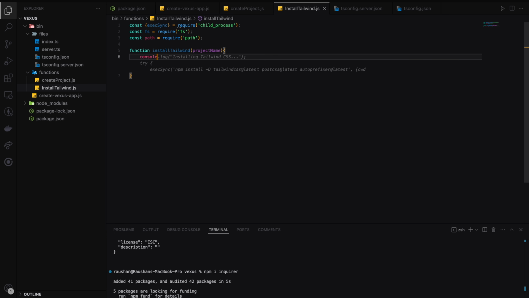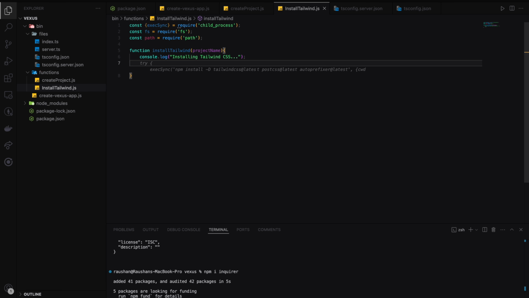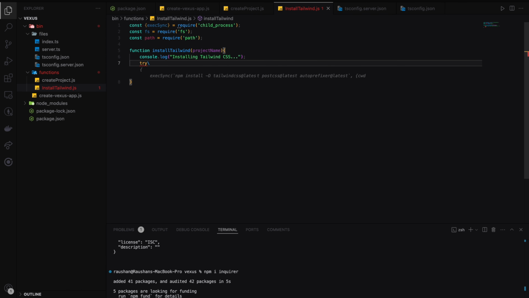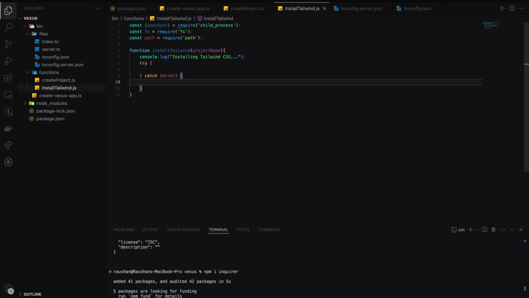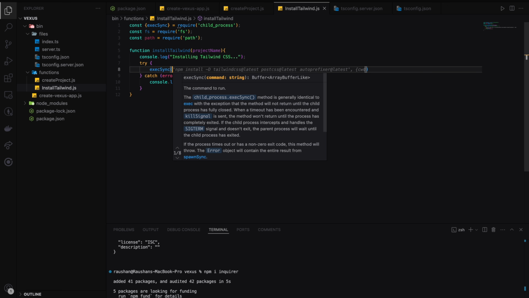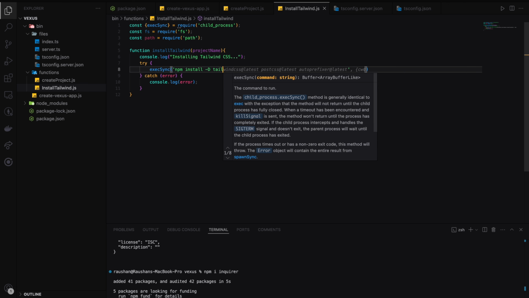And yeah, console this thing, the console.log. Just remove the try block right now, and yeah, the tailwind css, and then use the try catch block. Okay, the catch block, and in the catch simply console.log the error, and in the try block, so execSync, I need to install npm install -D the